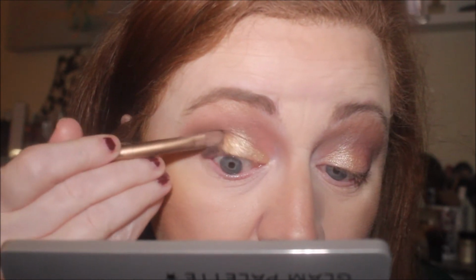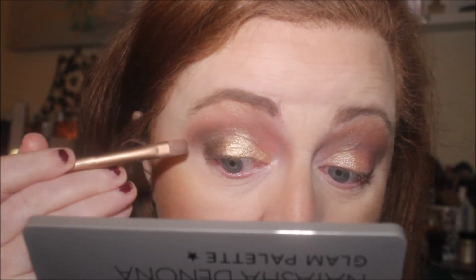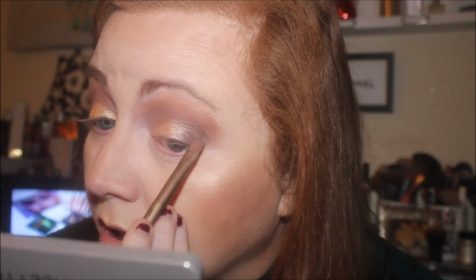just here. Like that. Now, I never normally use darker eyeshadows on the outer V. I've been trying to. And then, for the lash line,